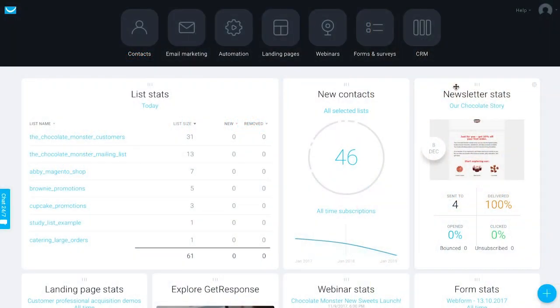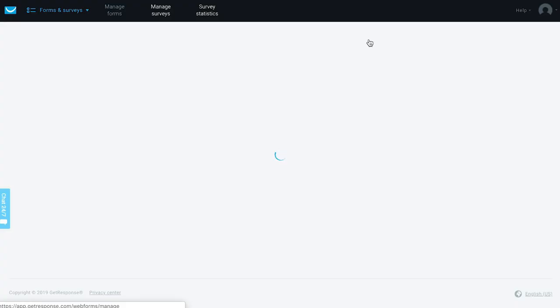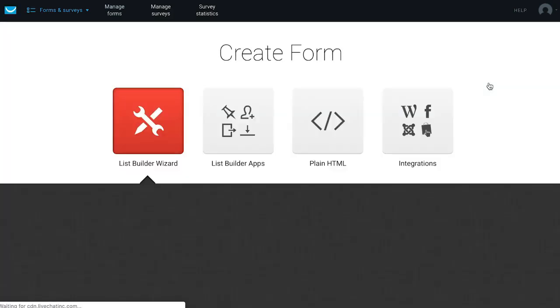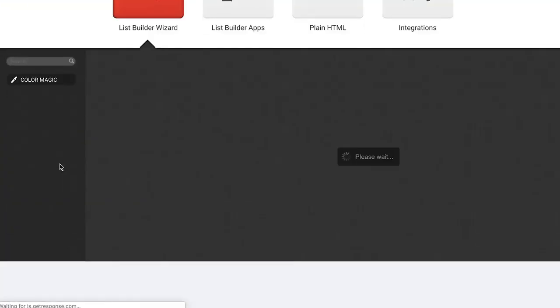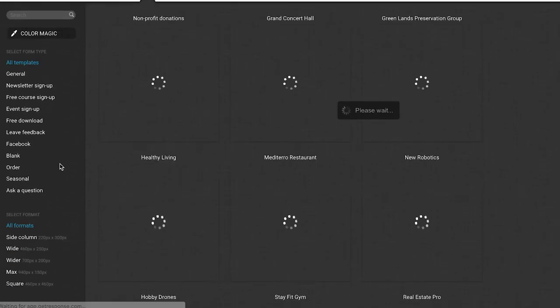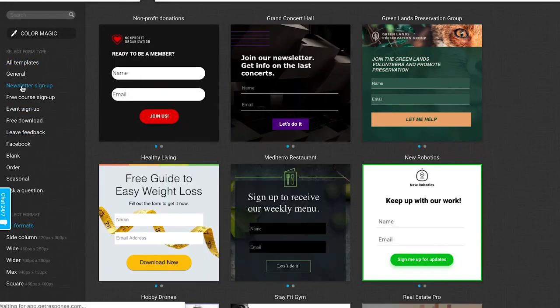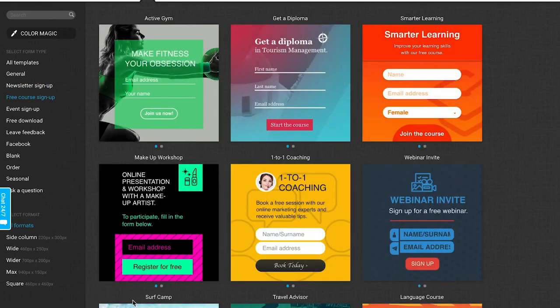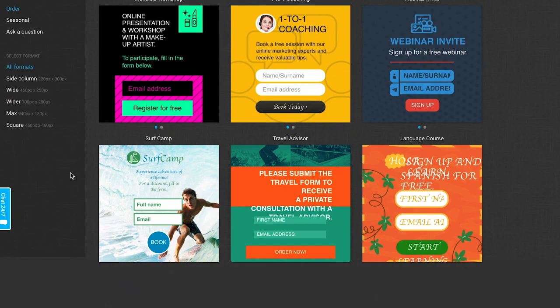You can create a sign-up form in your account by going to Forms and Surveys, and then choose Create Form. From here, you can browse through the different templates you have available. So you can see templates that are specific to newsletter signups or templates that are specific, for example, to free course signups. So be able to check out those different types of templates you have, as well as the different